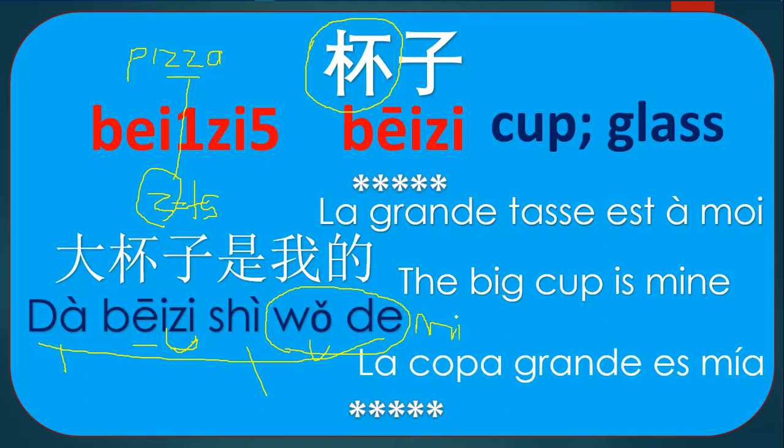Because de is a possessive particle, so we're saying mine. 大杯子是我的。大杯子是我的。